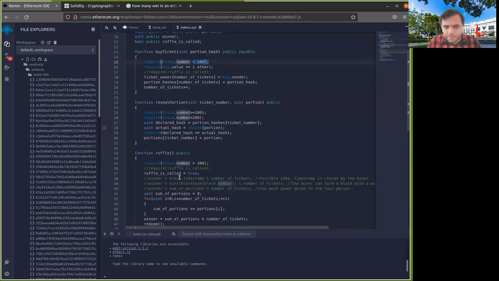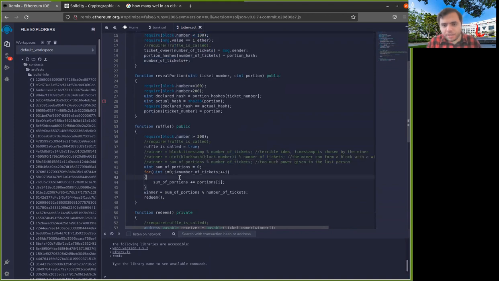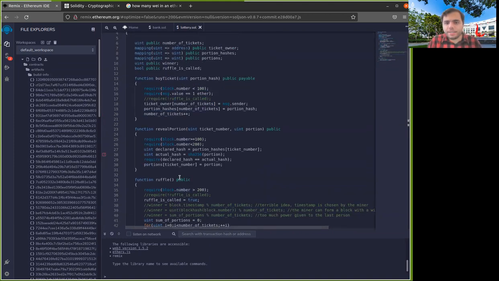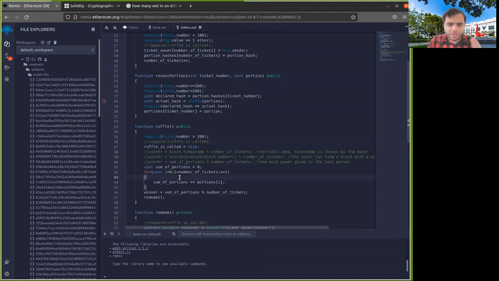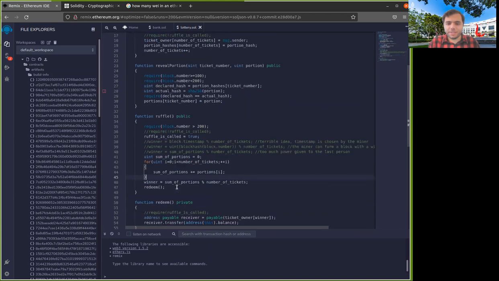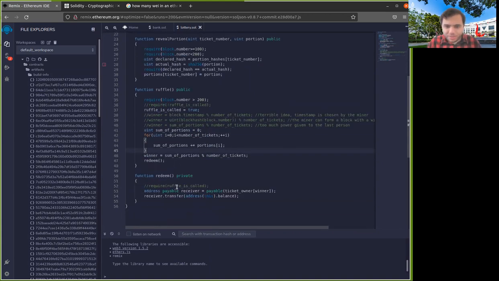Okay. But I still have a ton of problems here, and this is far from optimal. Like I can teach just this particular lottery contract for maybe 5 sessions if I want to go into it. But the first problem I have is that this raffle function here is using a lot of gas, right? So I have this for loop, and the for loop is basically going over every single one of my tickets.